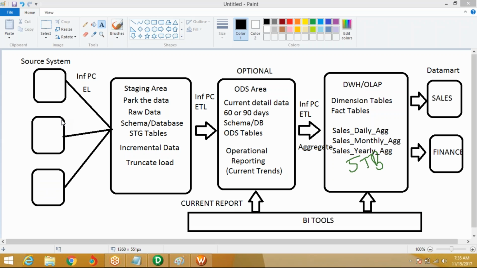5 terabytes of data is there. At the same time, let's assume you have like 500 business reports being created every day on this. When you have such a huge amount of data, and so many business reports being created, basically what will happen is that the performance of that warehouse or the database will be degraded. So in order to improve the performance of the data warehouse,